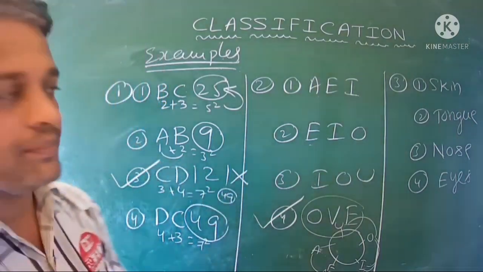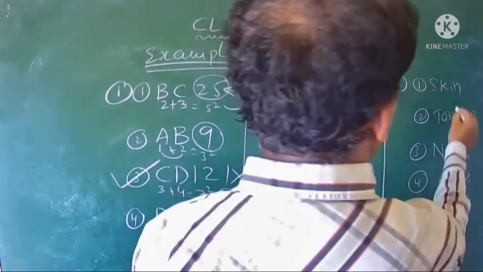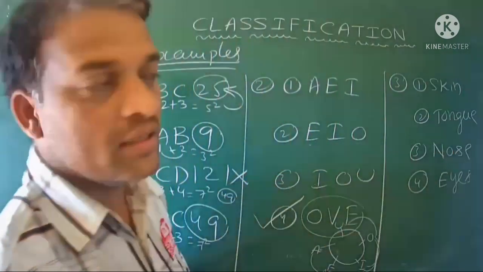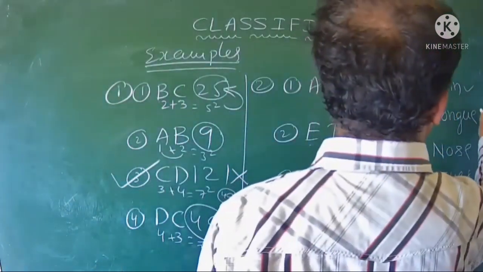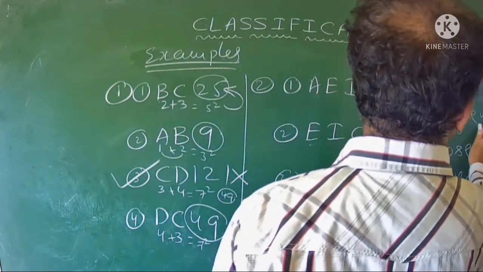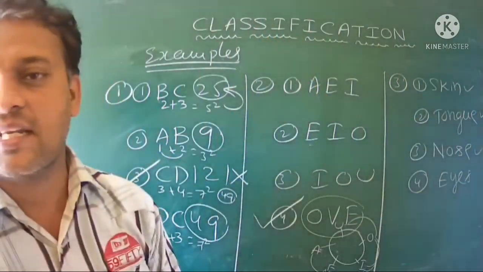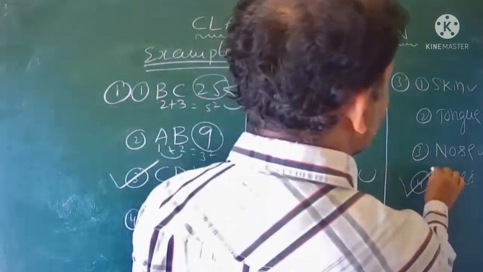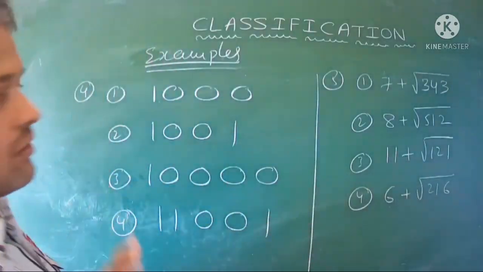Similarly, the next, third one: skin, tongue, nose, eyes. Now here, see, skin, tongue, nose. These are called sense organs. But except eyes. So that eyes is the odd one. So next, the fourth one is